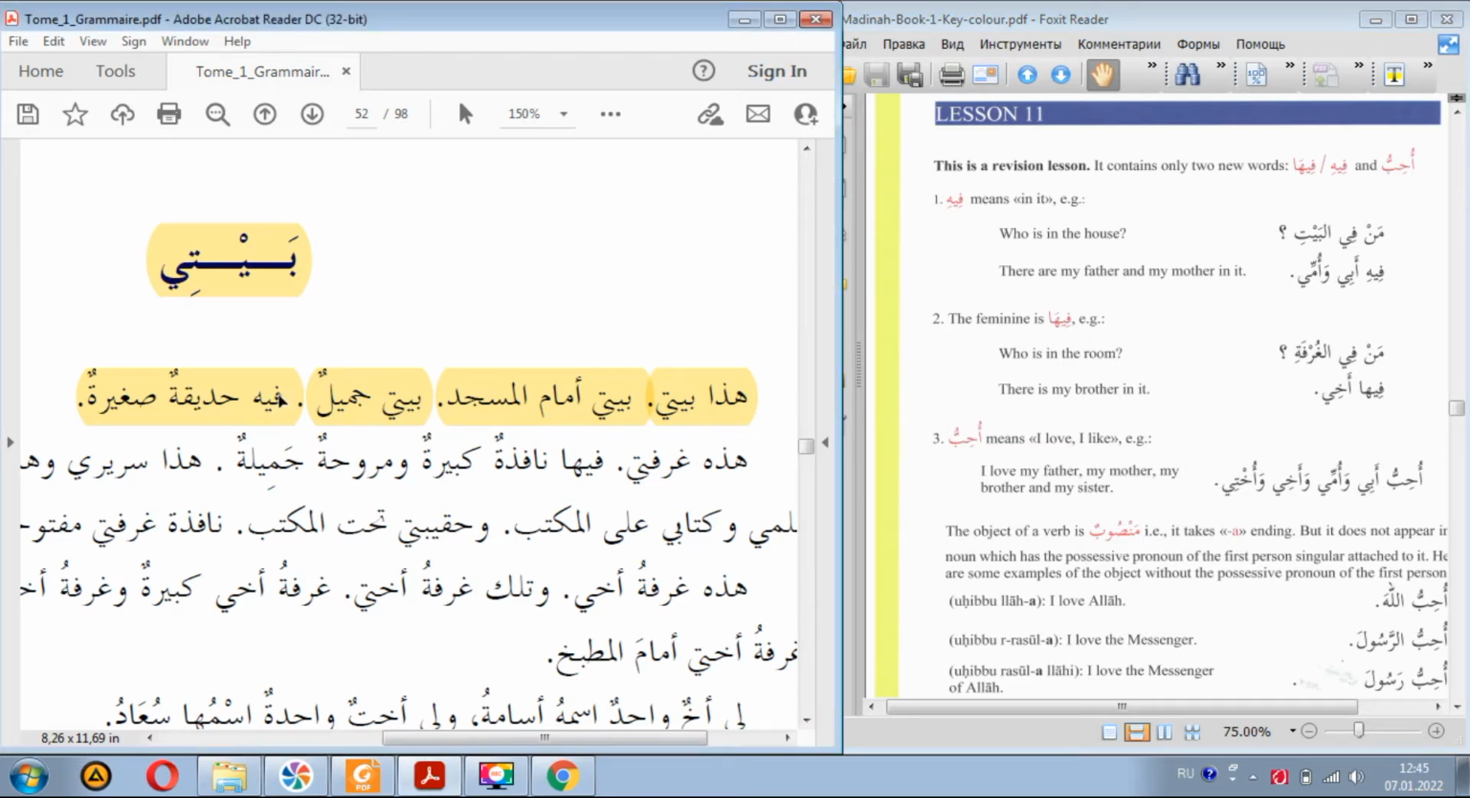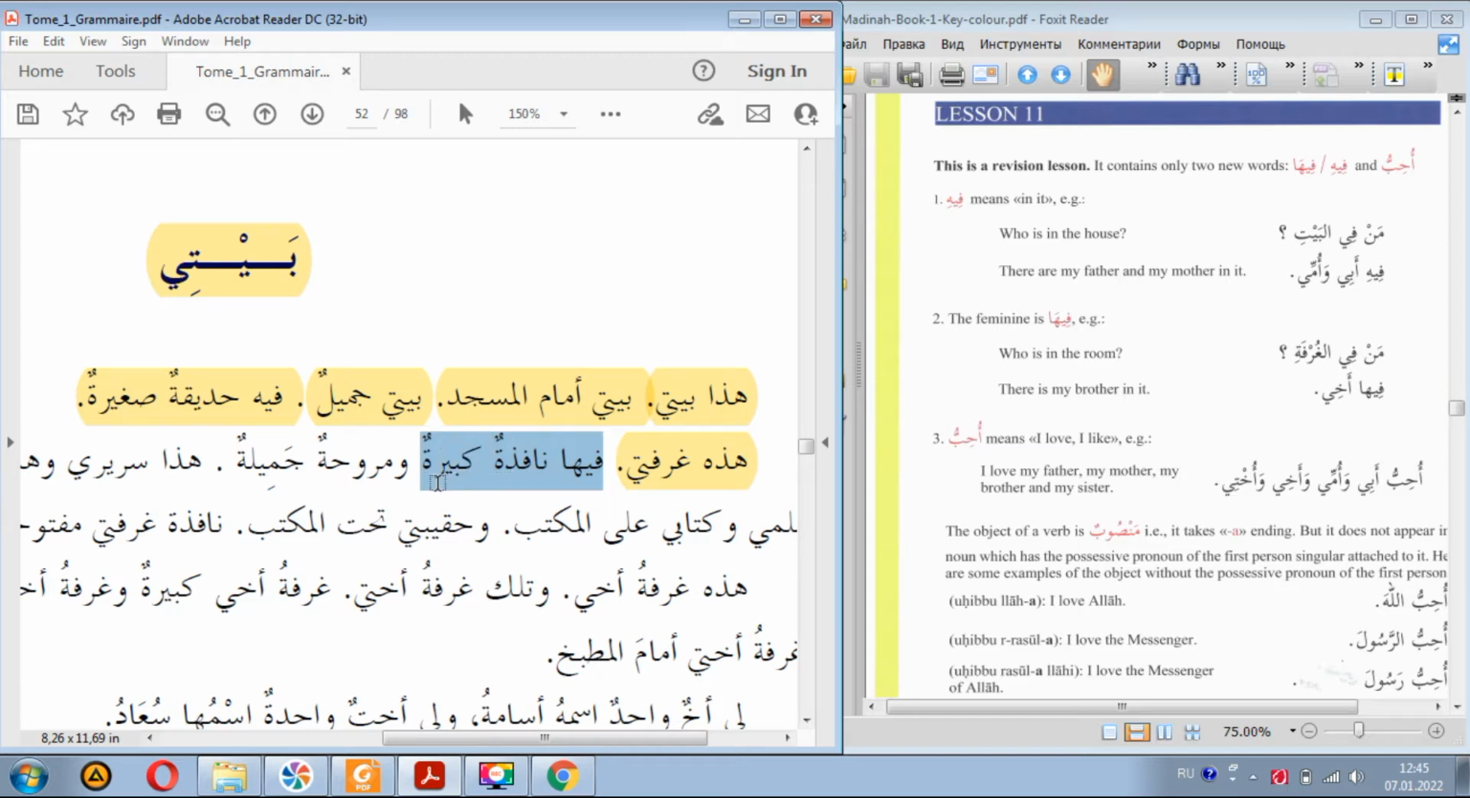Here it says fihi. Why is it he? Because it's bayt, it's masculine. فيه حديقة صغيرة. هذه غرفتي. This is my room. فيها, you see, فيها